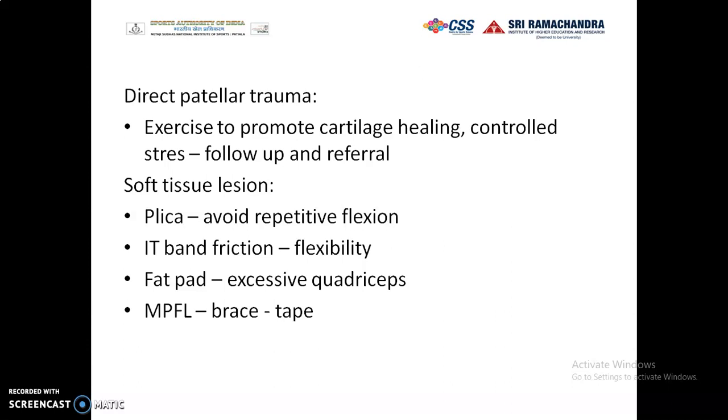When you talk about soft tissue lesions, plica, maybe we will be able to avoid repetitive flexions. If it is a lateral knee pain, IT band frictions, maybe you have to improve the length of the IT band. Of course, the IT band cannot be stretched since it's a continuation of TFL as well as glutes max. If it is a fat pad, then maybe excessive quadriceps exercises. If it is the medial patellofemoral ligament, then brace and tape. What happens if it is an overuse syndrome like tendinitis and tendinopathy? We need to do a correction of error, frictions, and then change the eccentric